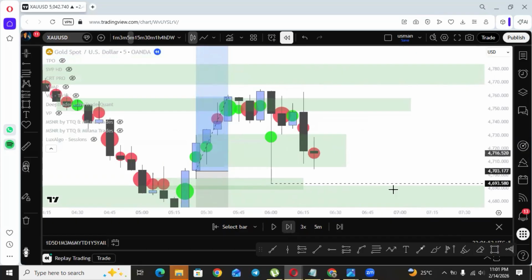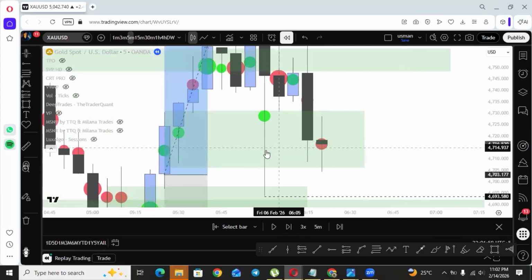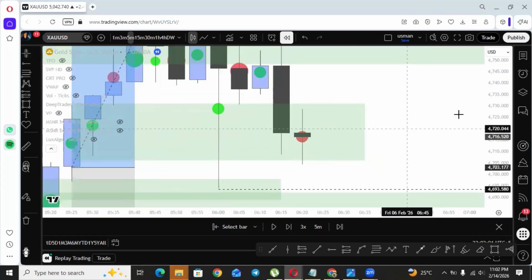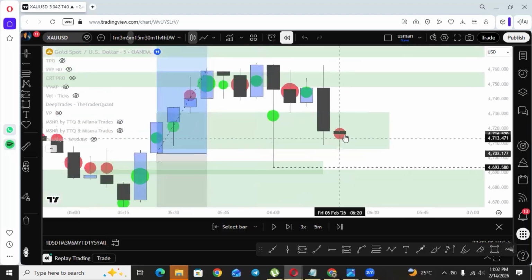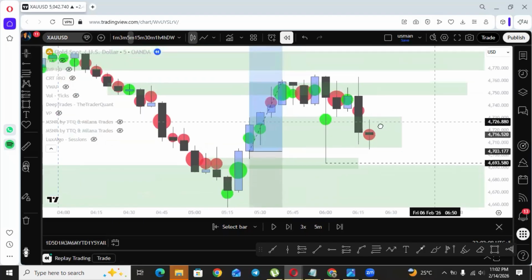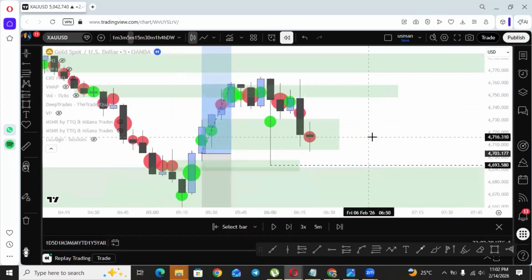Again, sellers are trying to push down, but what's suspicious, some people think about my indicator that if it has a lower wick then it shows a green bubble. That's not how it works. So if market is showing their aggression as it has shown previously in this candle, why did it fail to break the low and close below the low of this candle? This candle has covered the range, how much range this candle has covered and how much range this candle has covered, and also failed to close below the low of this. So here is where things are getting interesting.